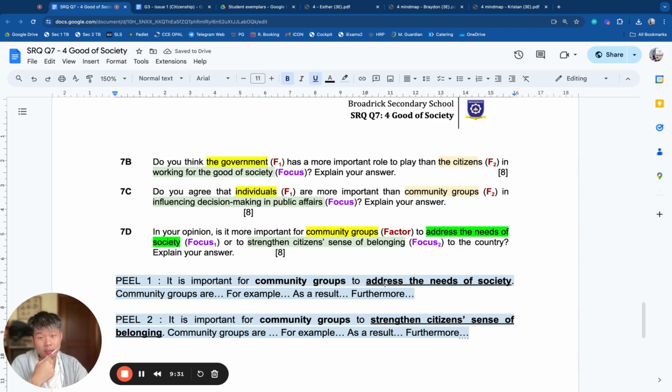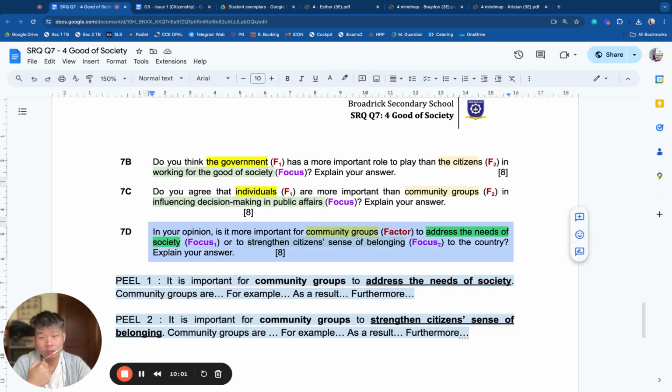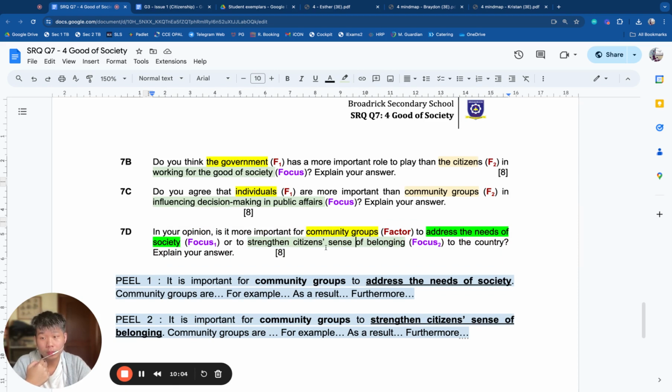You still need to explain from factor to focus, meaning you describe the factor, you give an example of the factor relevant to your argument, then you explain how this factor drives to the focus. Your PU arguments are still constructed from factor to focus, but this question is interesting because now you have one factor and two foci, and this is a possible form of the essay questions. So we are very used to factor 1, factor 2, focus. Now I introduce today to you factor 2, focus 1, and focus 2. Okay, so you will try that all, of course, on your own in your own time.